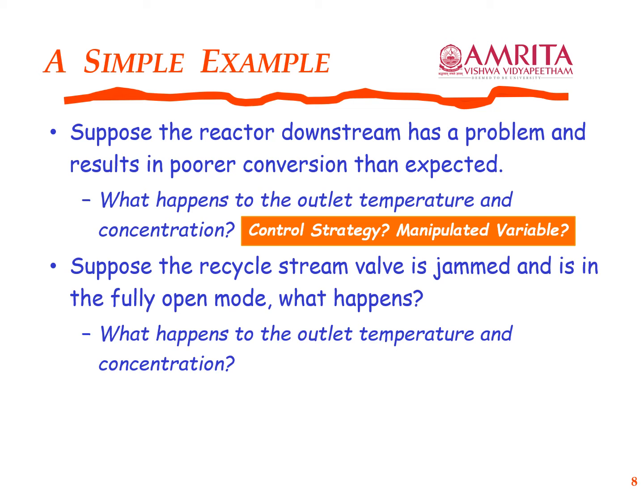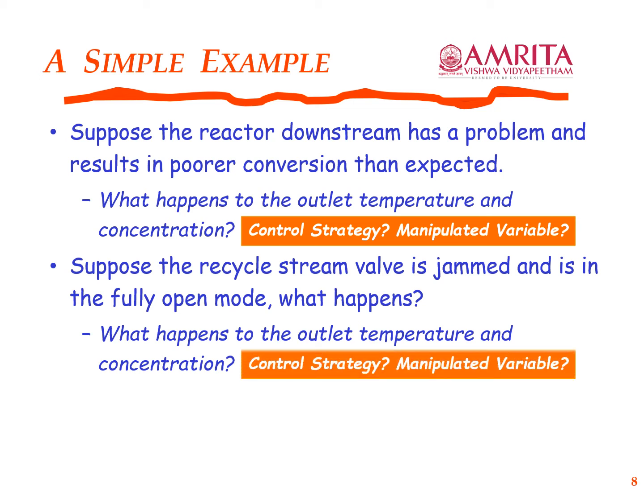So even though there are these multiple units, we started out looking at what would be the outlet temperature, outlet concentration. I could have added pressure as well. So temperature, pressure, concentration at the mixer outlet after these two streams are mixed. Again, what would be the control strategy to maintain this outlet temperature, outlet pressure, and outlet concentration at the desired values?